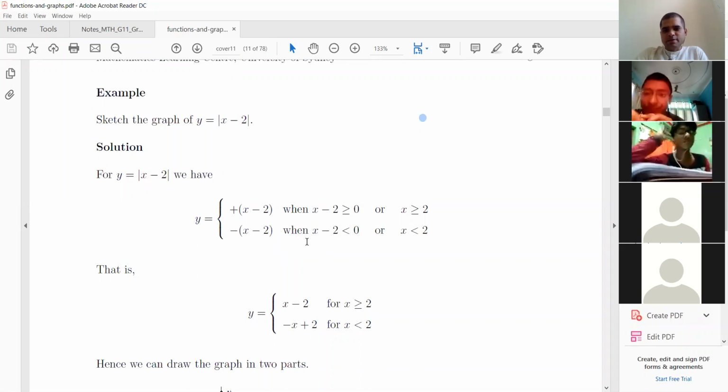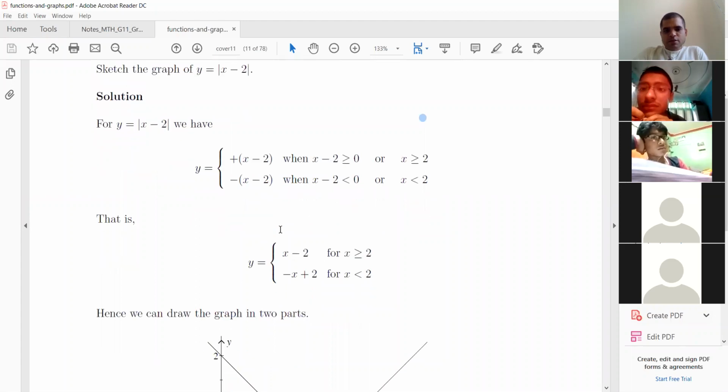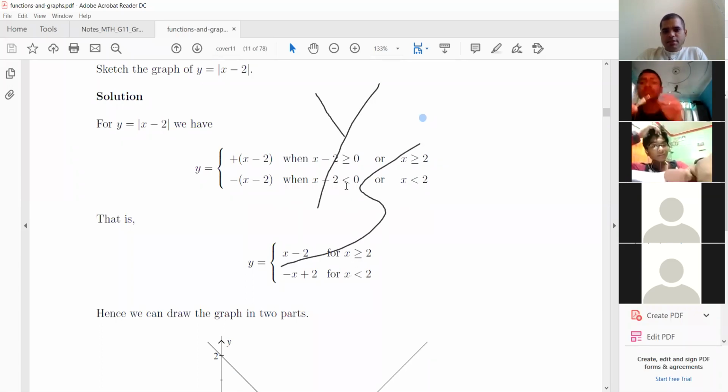Is this understood? So x - 2 greater than 0 means x should be greater than 2, and